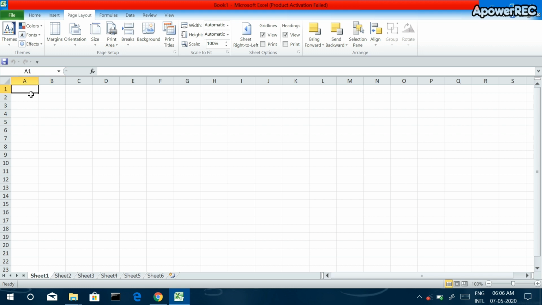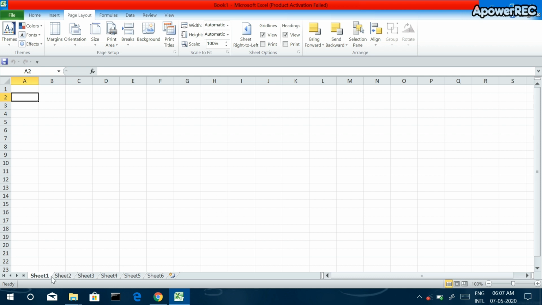The intersection of a particular column and row is called a cell, and here you can see the address bar. When you click on a particular cell, this address bar shows the name of that cell. It is very interesting that each cell has a name in Microsoft Excel, which is used for describing that cell in particular calculations, which we are going to see in further videos.